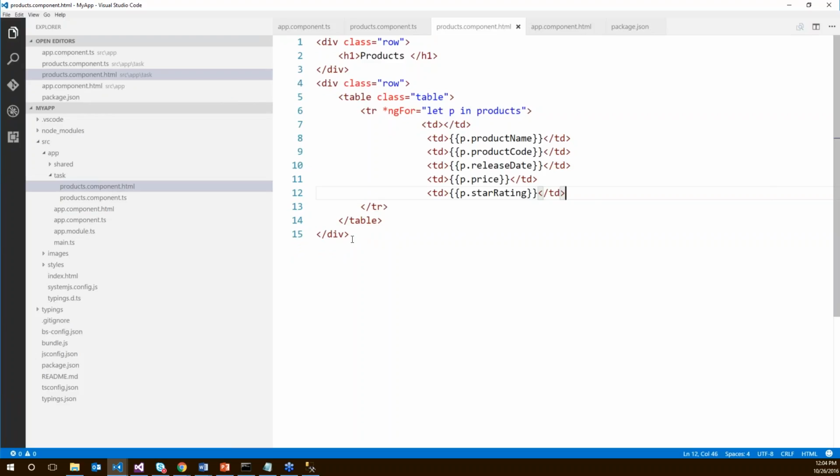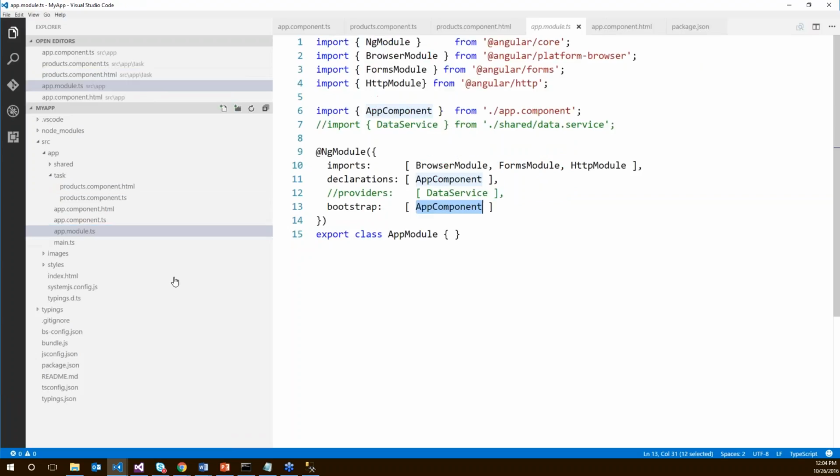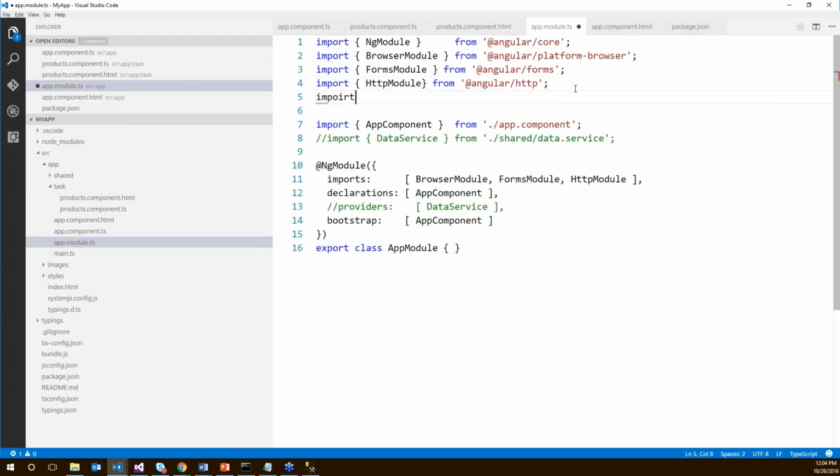Now we need to know how to use this component, because we have already bootstrapped the app component. There are two options. One, we can use this component on the routing, which we are not going to do right now. Another way is that we can use this component inside the app component. To do that, first go to app.module.ts, and here we need to import that component. So import, the component name was ProductComponent, from